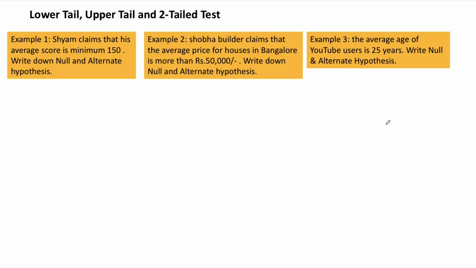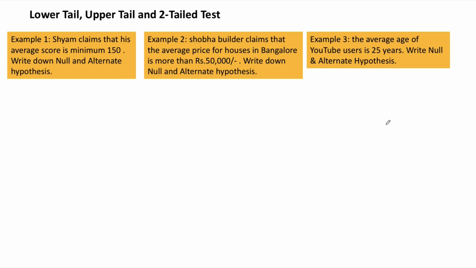Welcome back, students. In this section, we'll try to understand all about the lower tail test, upper tail test, and two-tail test. These three types of test are very, very important before I try to prove the hypothesis. Now, we need to understand, based on the null hypothesis and alternative hypothesis, we need to identify first which one will be the lower tail test, which one will be upper tail test, and which one will be the